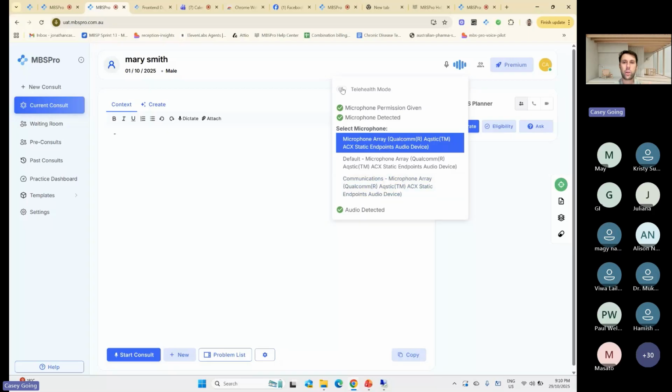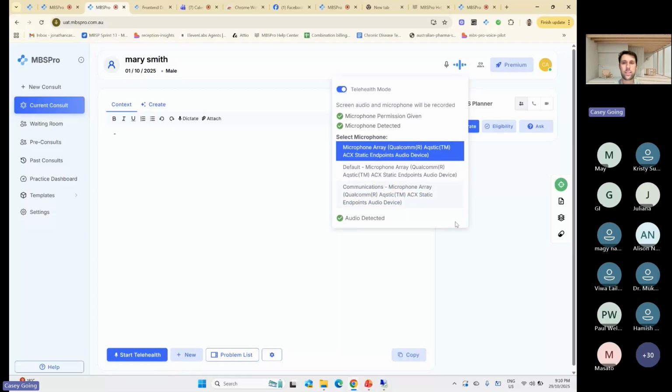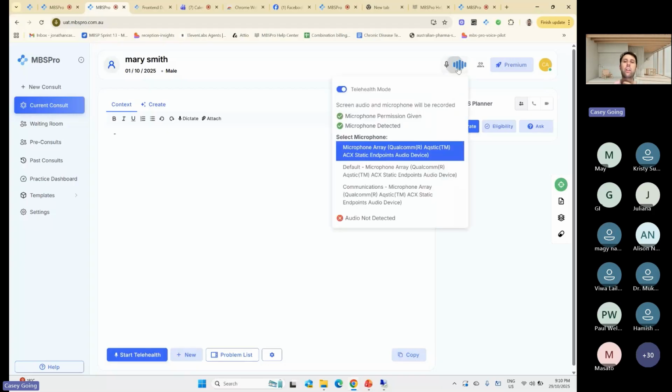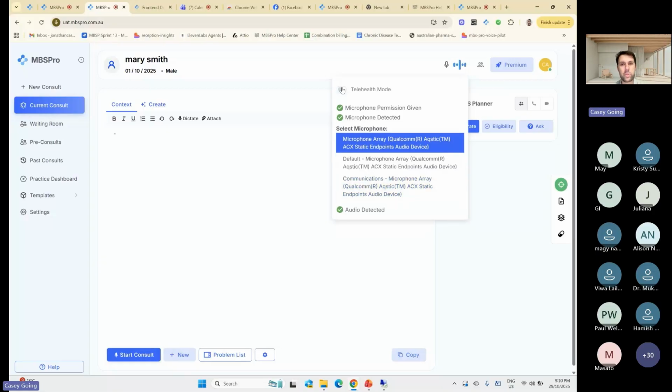If you want to use telehealth mode, you can click that, and essentially what that means is that it will listen and hear the video health platform, so Teams, Zoom, whatever else you use, and it will directly hear the sound from that platform as opposed to hearing your speakers. So that's just a clearer way of getting better notes if you're doing video calls. If you're doing a call on the phone, I use my phone in clinic and I just put it on speaker, and it will just hear it because it's got a microphone. So there's no problems there.